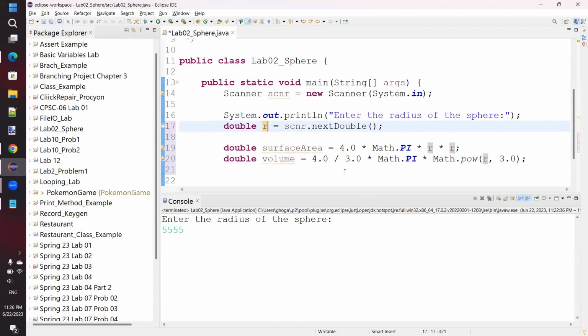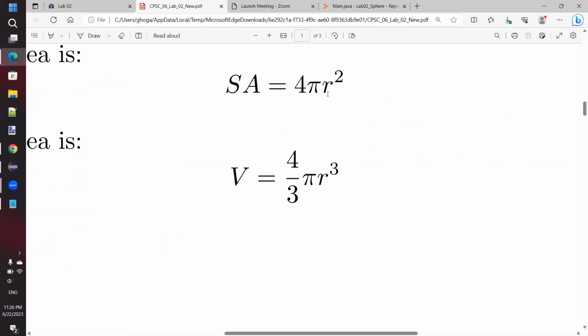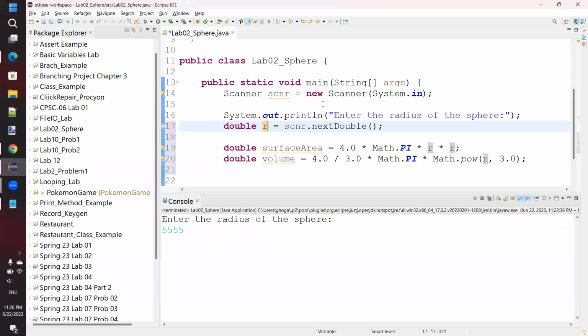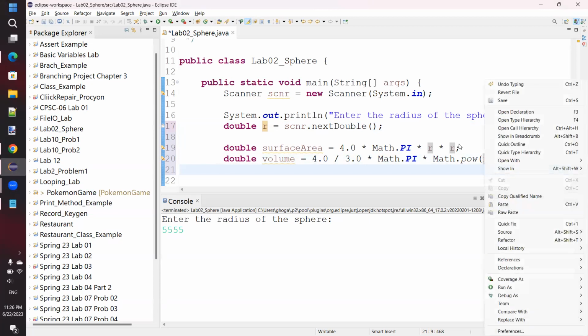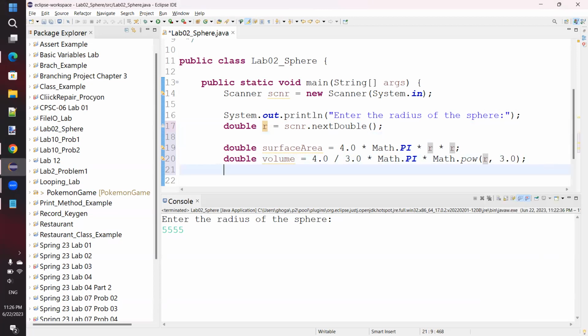But that's the sort of thing you have to pay attention to when you're coding these things up: the formula here might have a lowercase r, but in your code, maybe you didn't use a lowercase r. And so you have to be careful about what the actual variable names in your program are. All right, so at that point, this is going to be r to the third power, math.pow r 3. And so I believe we are calculating these just fine. So once we calculate them,